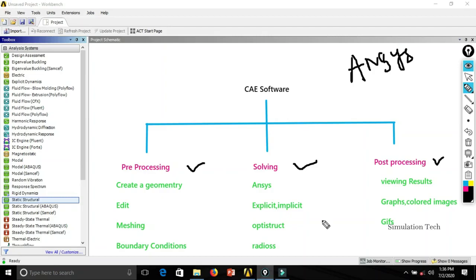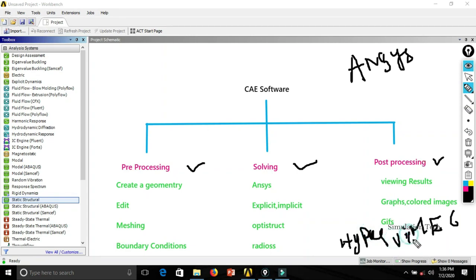After solving, the solver will give you data, and you need to view that data. For that you need a post-processing environment. ANSYS itself has ANSYS Mechanical, which is a post-processing environment. In Hypermesh, we have another tool called Hyperview. Hyperview is a post-processing tool.